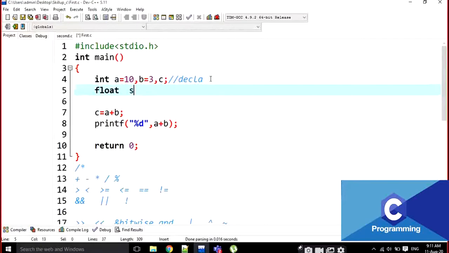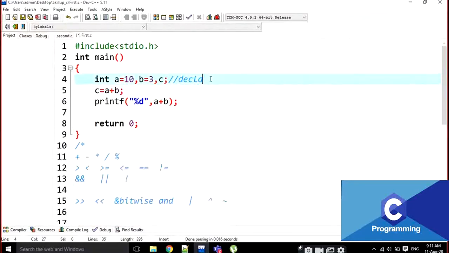For example, here I am going to write C is equal to A plus B. C is also one variable, right? Then immediately I go to the first line and declare it. What type of variable is it? It is going to be an integer variable. That's why I am writing int A, B and C. I am doing the operation, C is equal to A plus B. Then I am going to print the result. Instead of A plus B, I am going to print C here.